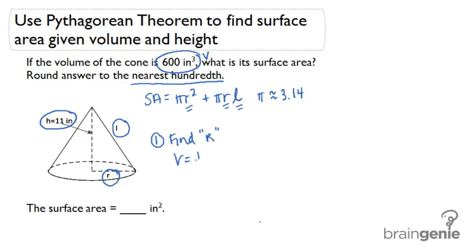And we know the volume of a cone is 1/3 times pi r squared times h. And we know h is 11. So let's plug the information we know into the volume formula to find the radius. Volume equals 600 equals 1/3 times 3.14 times r squared times 11. So I need to multiply 1/3 times 3.14 times 11, and I get 11.51. So I have 600